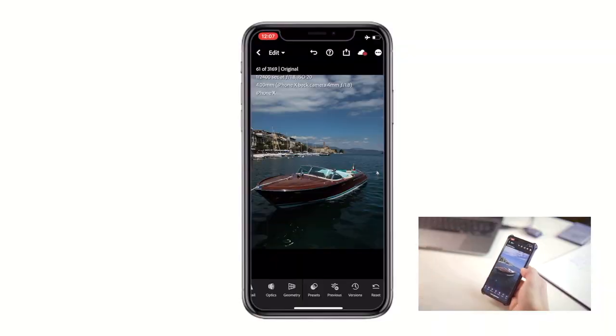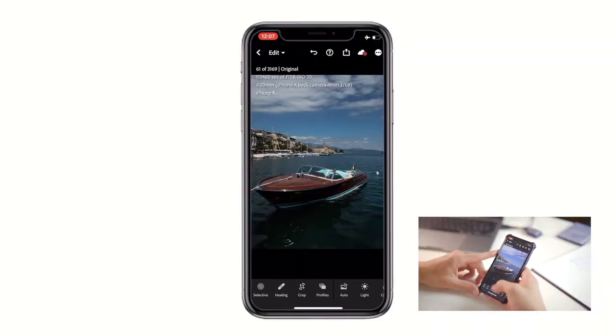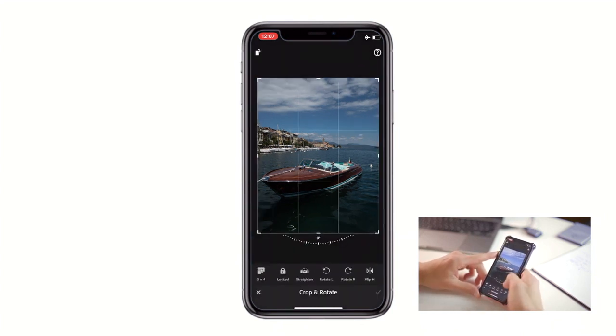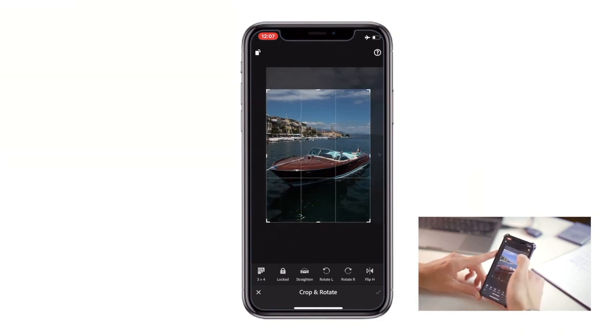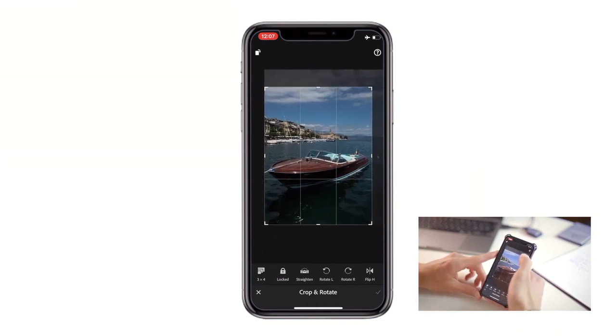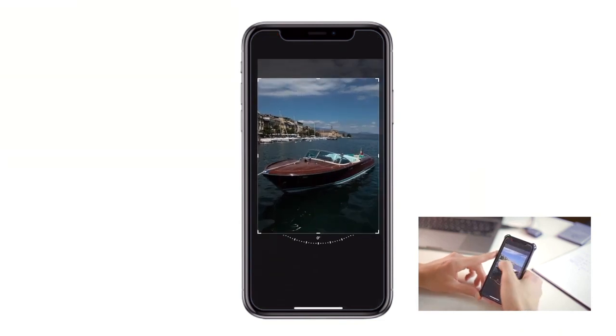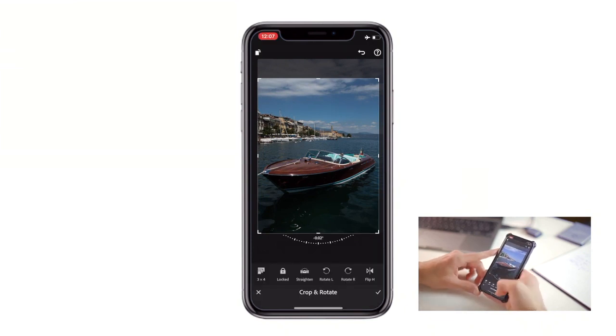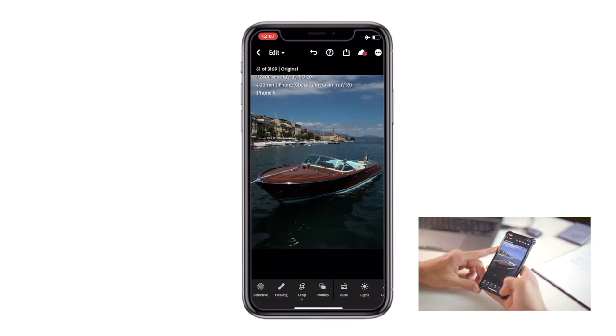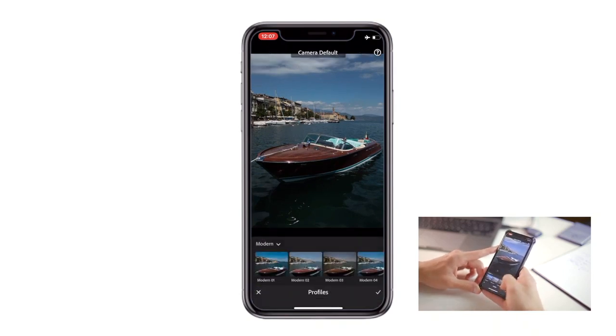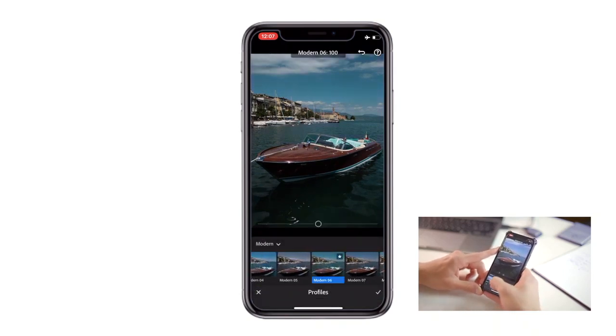Okay, talking about presets and the profiles that Lightroom offers, here's what we try to do. We have this image, it looks pretty good. We just need to crop it. Okay, maybe we do like this, so the subject is on the bottom and then the village is on the top line of the grid. We're good. So we click OK, and then we just go to the profiles